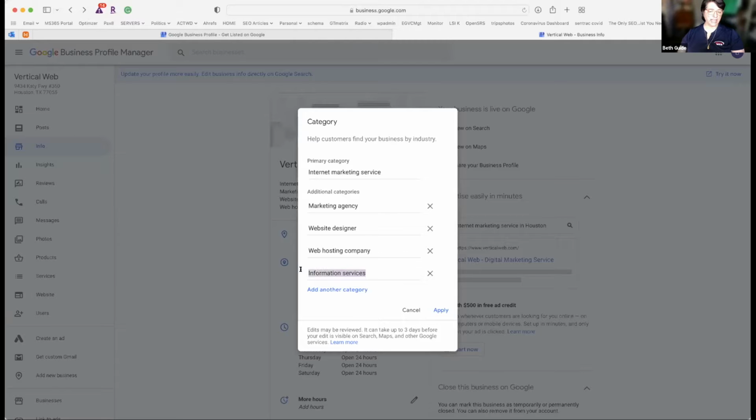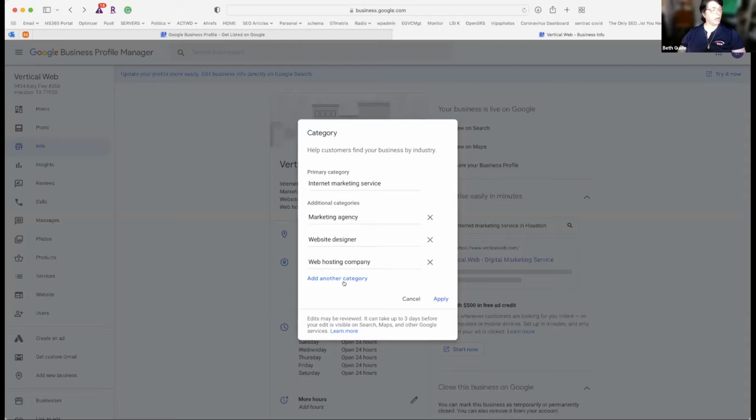As you can see, they may not necessarily be what you think. Like my chiropractor that I was just looking at. I had to be very crafty, because he does sports chiropractic, but the category really is sports medicine.